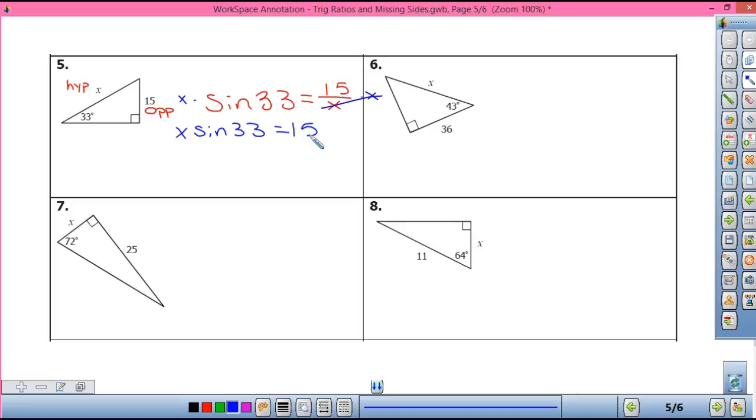Now what do I do to get x by itself? Yep, they're multiplying by the sine of 33, right? So we have to divide by the sine of 33. So x is going to equal 15 divided by, this time, the sine of 33. X equals